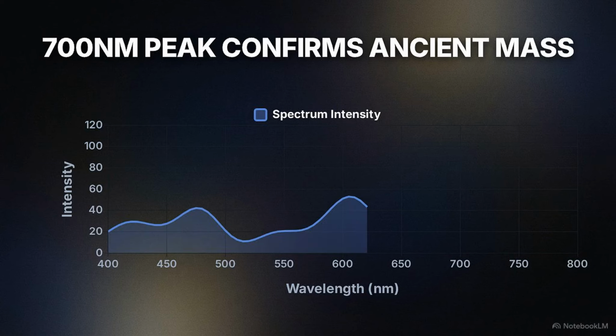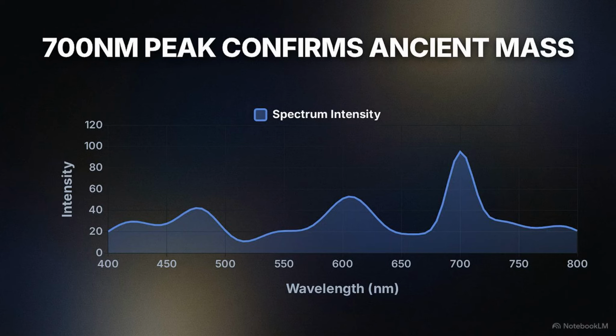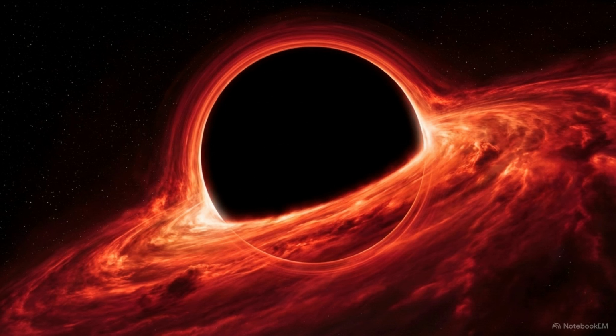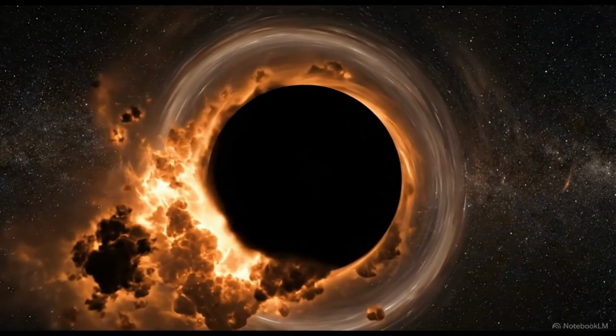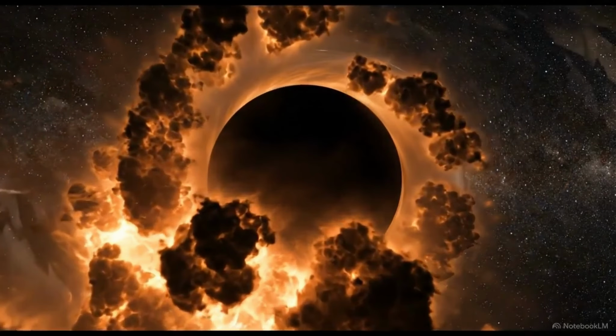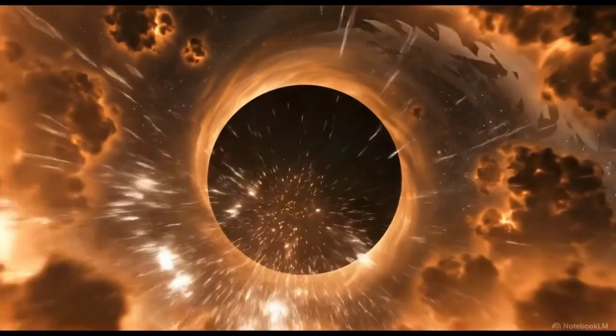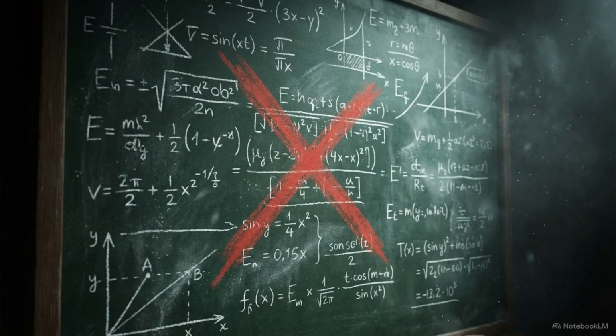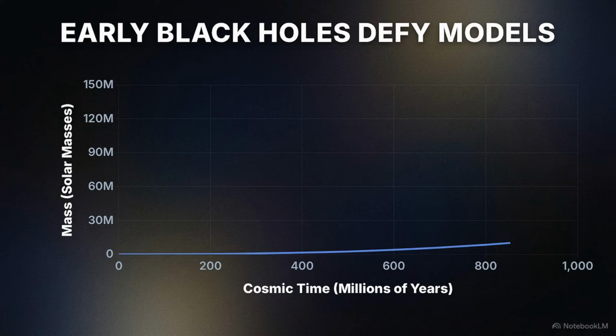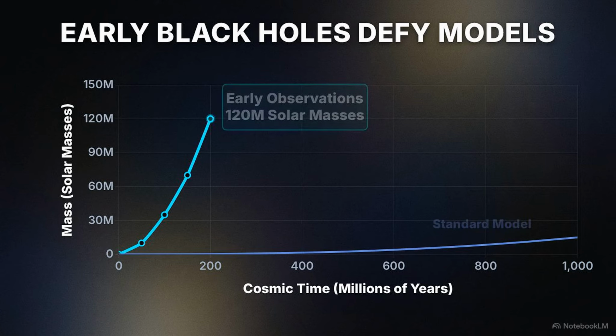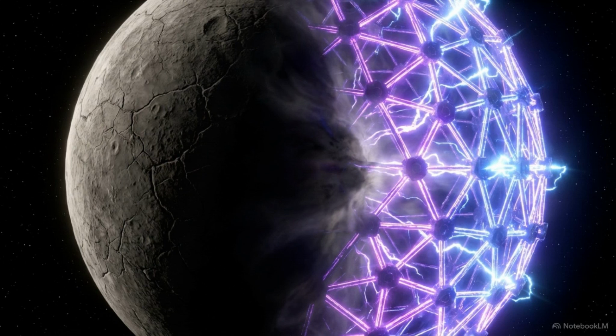Using spectroscopic analysis, a method of studying light to determine an object's mass and temperature, scientists found that these dots represent massive black holes existing in the very early universe. These objects already held millions of times the mass of our Sun, just a few 100 million years after the Big Bang, growing far faster than classical physics suggests should be possible. The existence of such massive objects so early in cosmic history challenges our standard growth models, providing a data-driven incentive to explore the quantum theories that describe black holes as more than just dead stars.